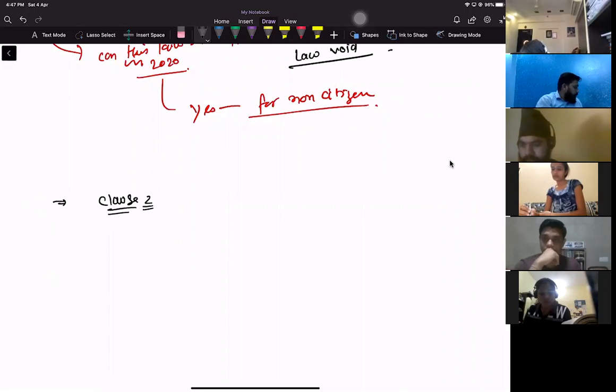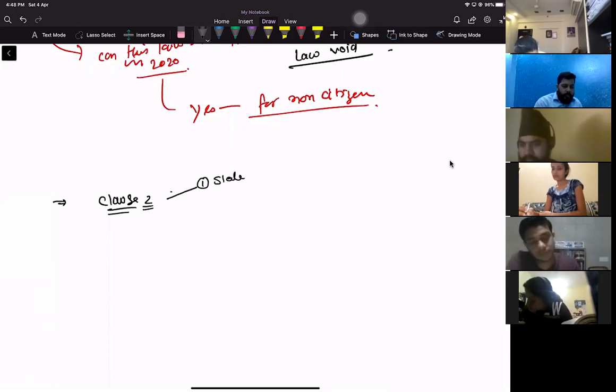This says the state shall not make any law which takes away or abridges the right conferred by this part, and any law made in contravention of such clause to that extent shall be void. They are saying, first thing, state,